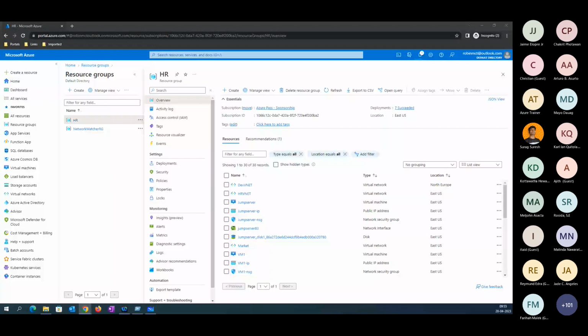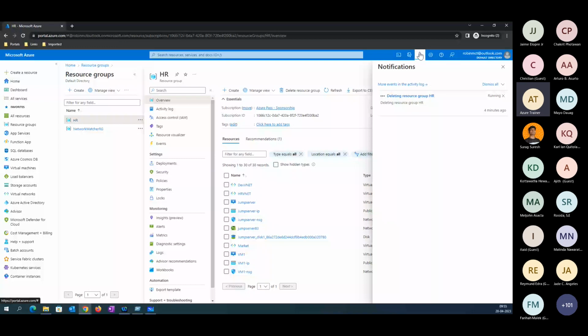I just pasted these details here. In parallel, the VM deletion of the existing resource group which we created is in progress.